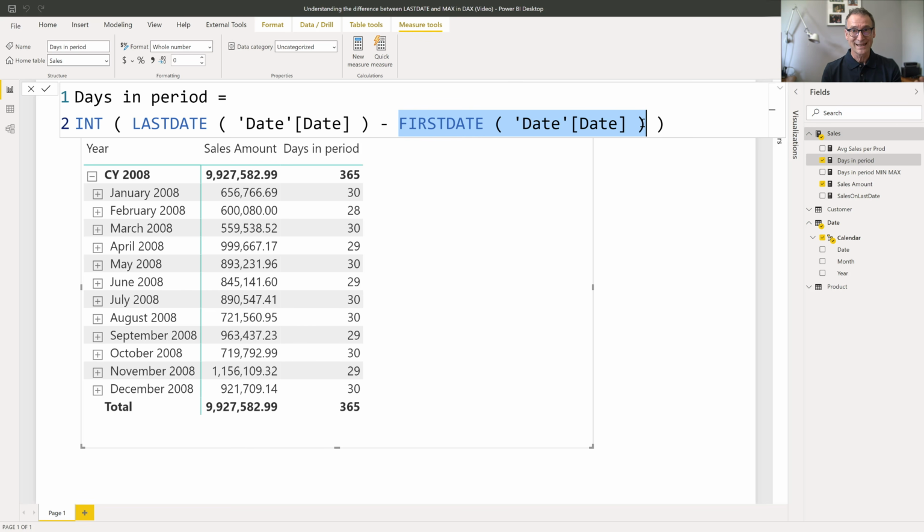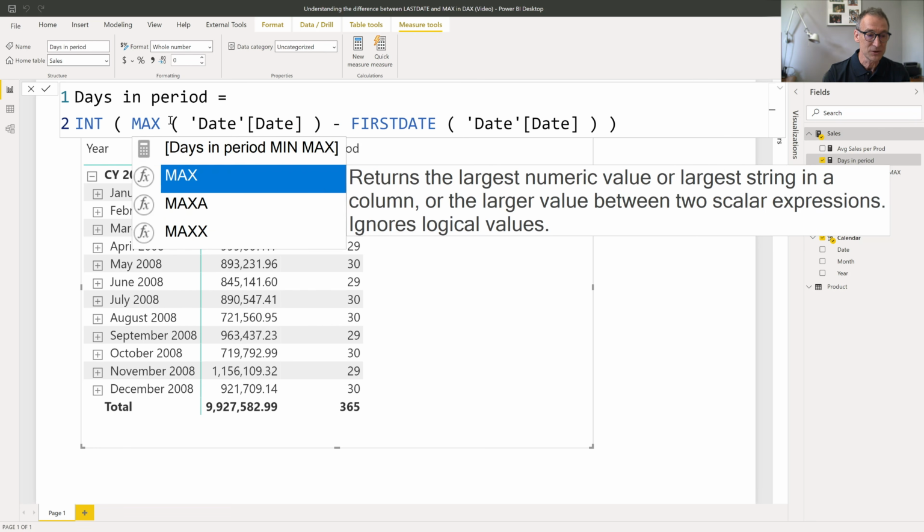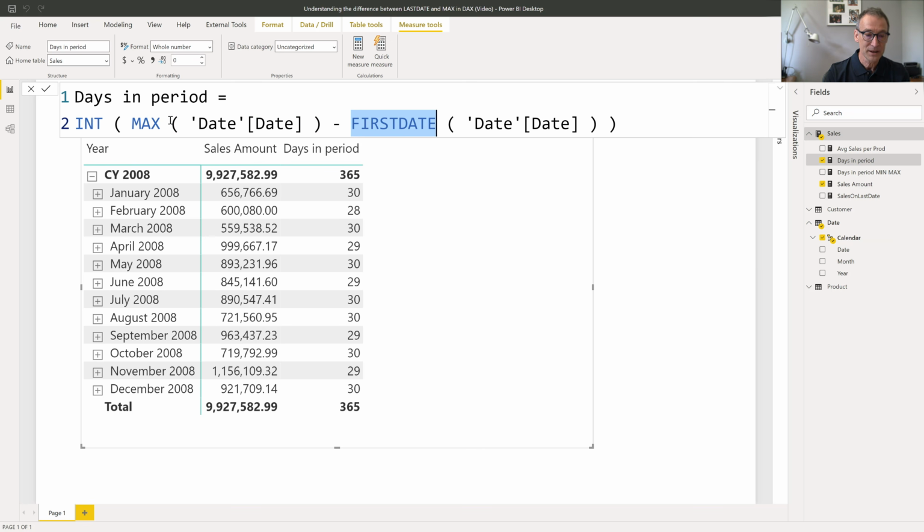Therefore, using LASTDATE or FIRSTDATE to retrieve the minimum or the maximum values of any date column is a waste of time. A much better implementation is not to use LASTDATE, but to use MAX to retrieve the date and MIN to retrieve the minimum date. MAX and MIN are not table functions, they will return the scalar value. Nothing changes in the code, everything is absolutely identical to what we were doing earlier, but this code is faster and better.